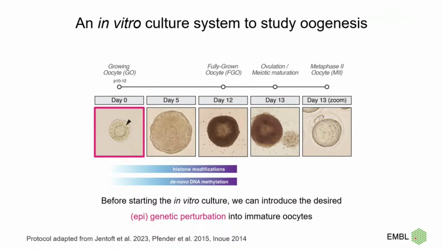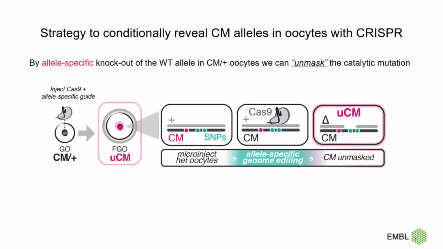So with the goal of inducing the catalytic mutation in the oocyte, how we decided to do that was to use precision allele-specific CRISPR-Cas9 genome editing. So the way we do this is that starting from a heterozygous state, we microinject Cas9 and an allele-specific gRNA into GOs, and this can specifically program the Cas9 to only target and knock out the wild-type allele and not